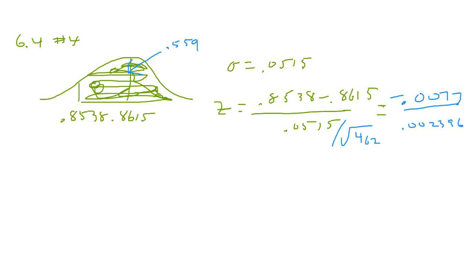Yeah. Now, Z equals negative 3.2137. So now if I use my calculator,